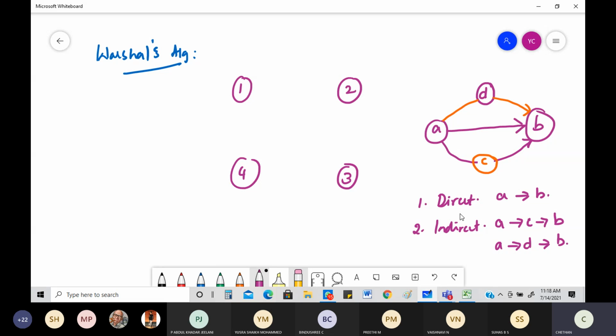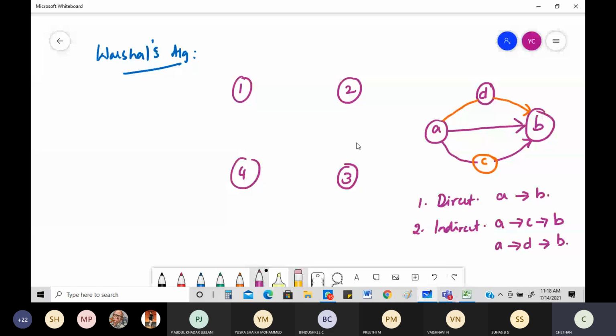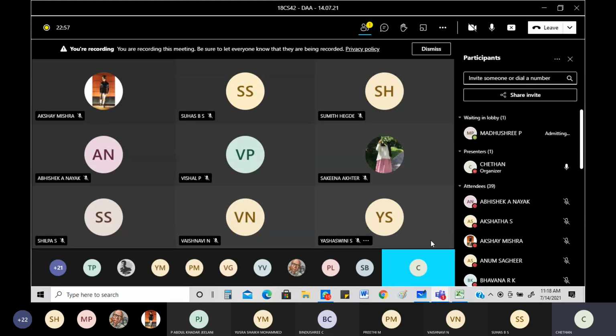Like this, we need to figure out the most important part, which is which one is the shortest path in this. Now, what is the example I'll take? I'll take one example and I'll tell you how things will be working out with regard to Warshall's algorithm or transitive closure. That's what we call it, right? So we'll take a very simple example only. We'll not take a very big one, but that itself will take a long time for us to get to know what it is.